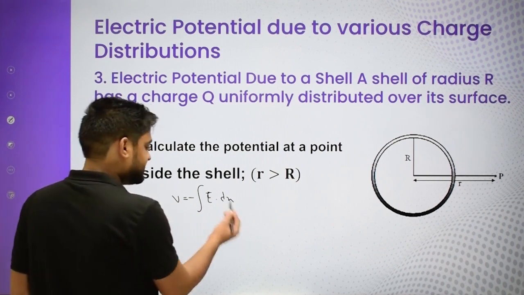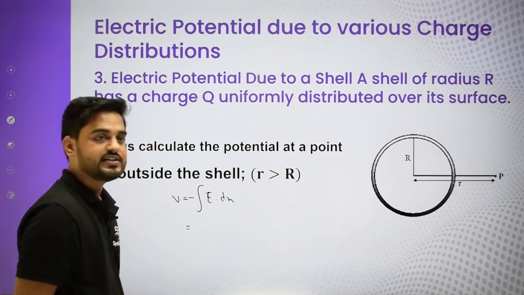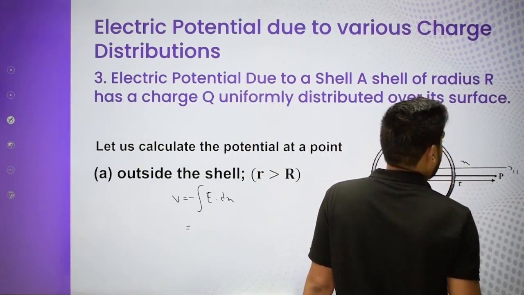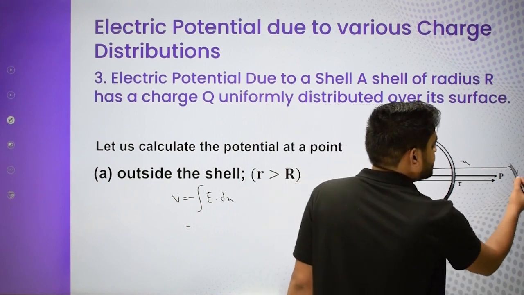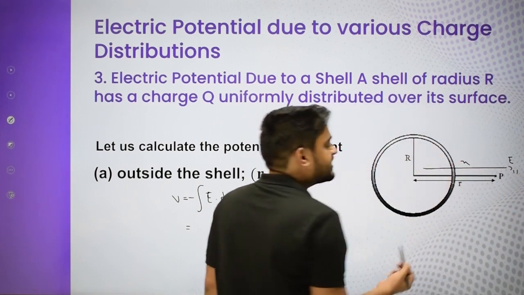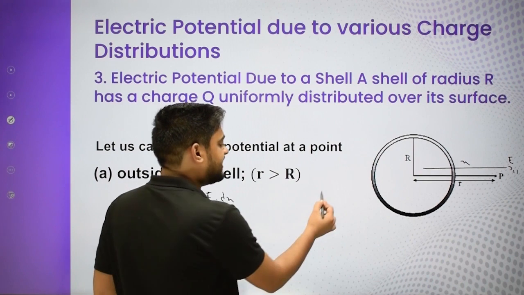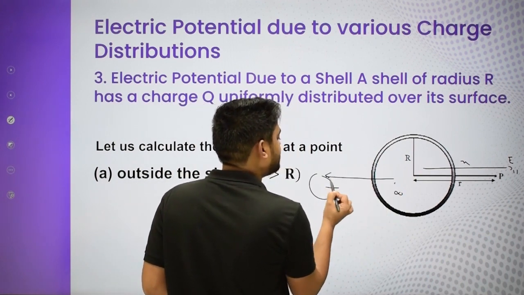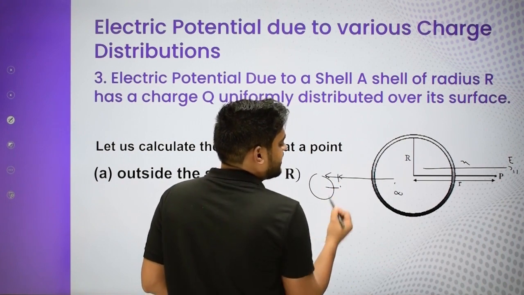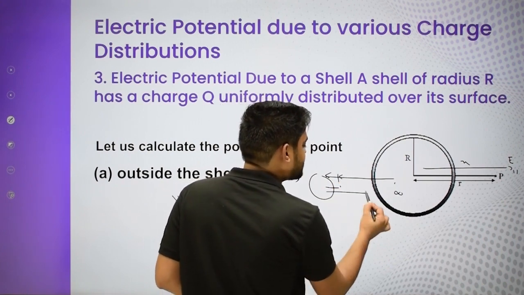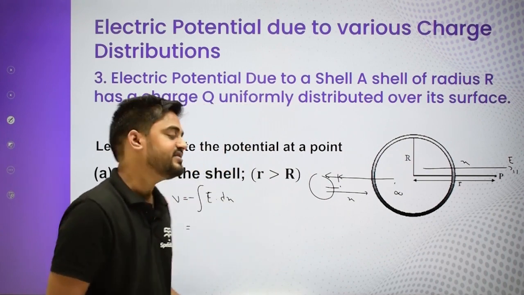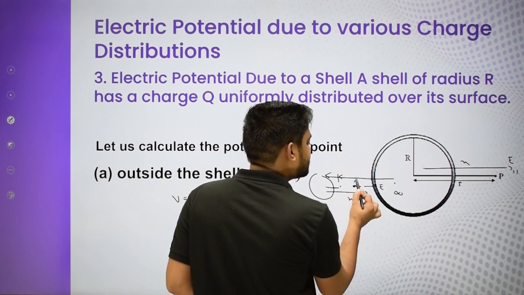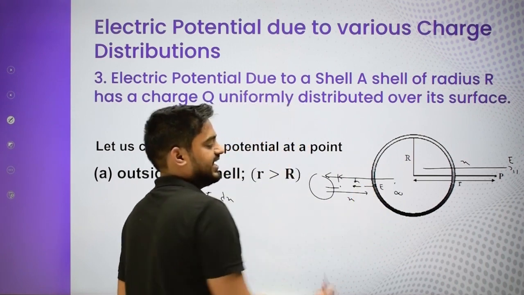So now this is the formula. What I need to do is go to a random distance x, and write the electric field over there. Why am I writing the electric field over there? Because I'm taking this spherical shell, and I am moving a charge from infinity all the way up to this point, right? So I need to check, when it was at random distance x, how much electric field there was, and then I was moving it this way. So work done is negative, as you can see.